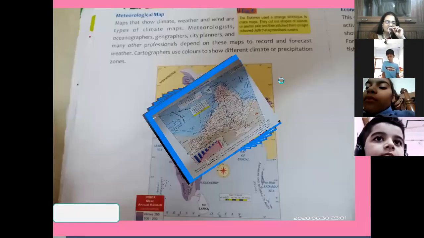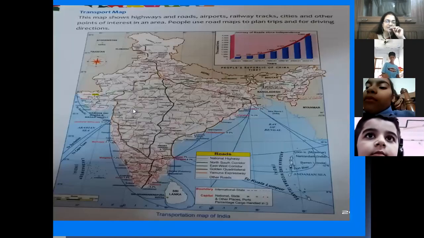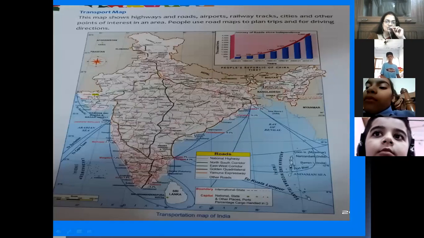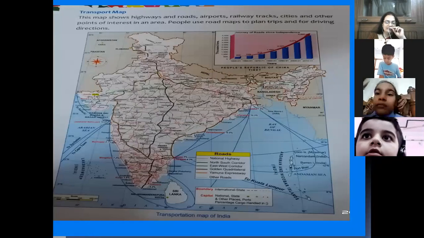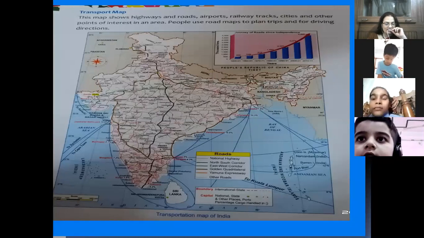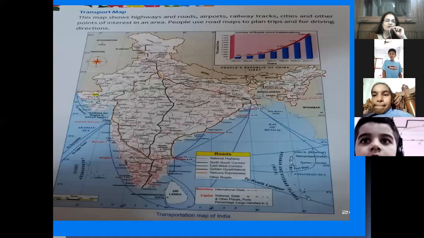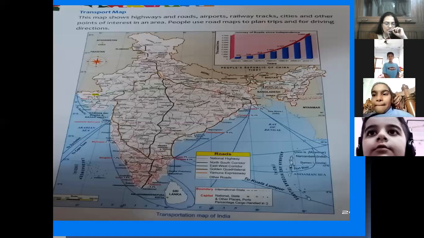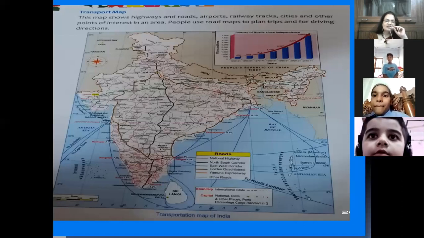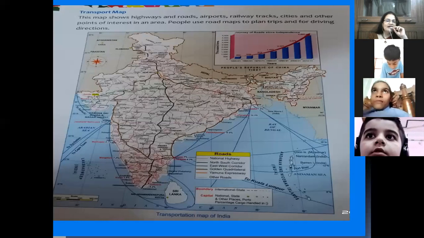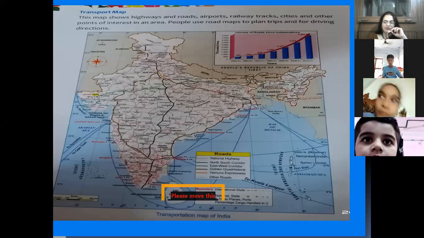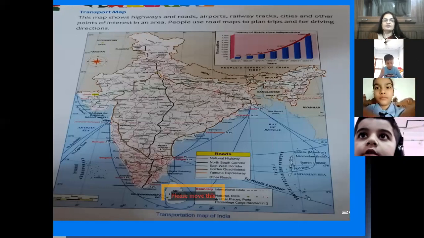Summer starts from April till June. Then the southwest monsoon season, the monsoon season, which we are running through now. And the northeast monsoon season, called the retreating monsoon, which we have in October and November, students.